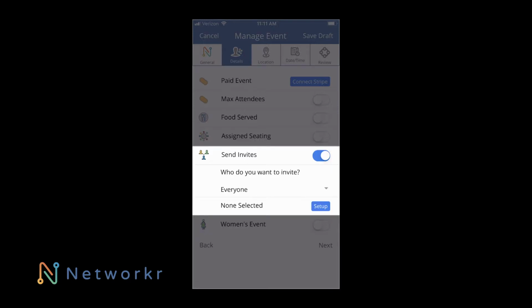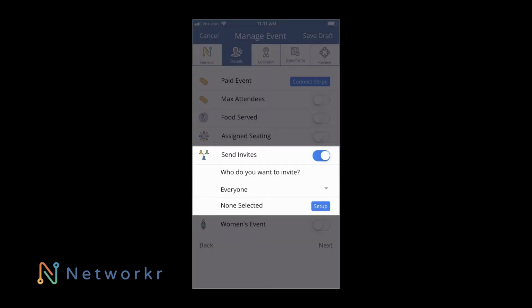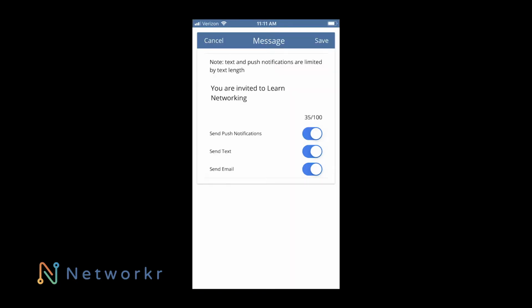This function allows you to choose who you want to send RSVP invitations to. You can choose your members, your guests, or members that you have tagged. After selecting who you want to target, press the Setup button to set up your message. You'll be able to customize your text and push notification messages and choose how you want RSVP invites to